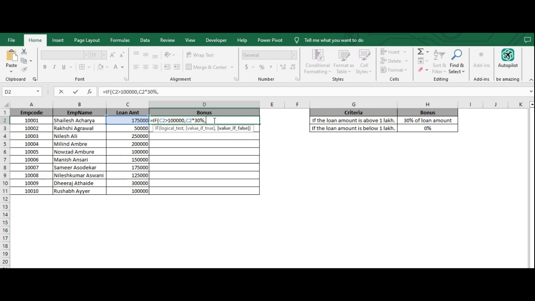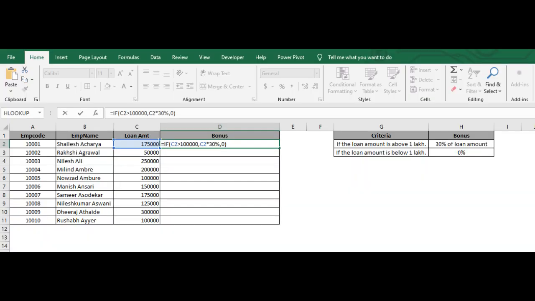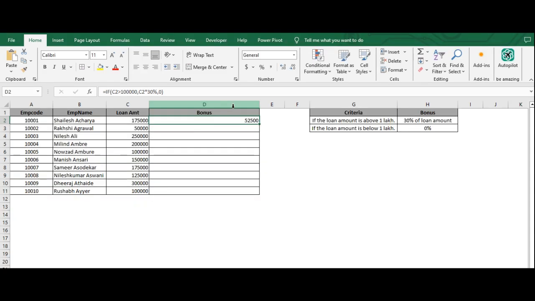Add a comma. Then define what happens if the condition is false. If the loan amount is not above 1 lakh, we'll apply a 0% bonus. So type 0, close the bracket, and press Enter. Here's the complete formula if the loan amount is in cell C2. Once you've entered this formula, you can copy and paste it down the column to apply it to all other